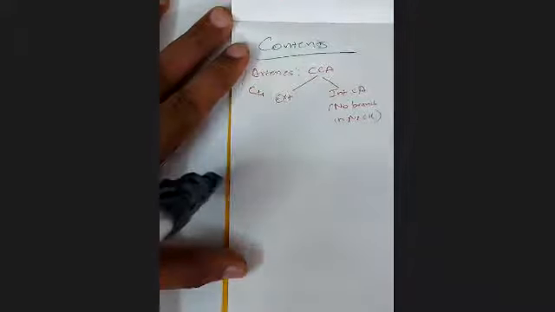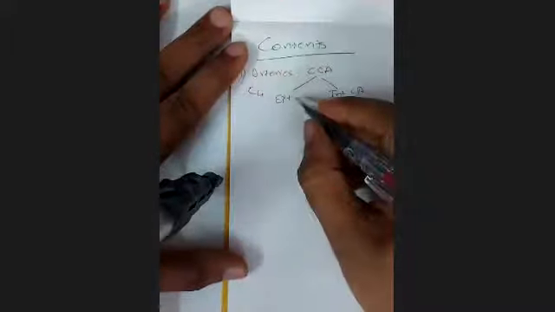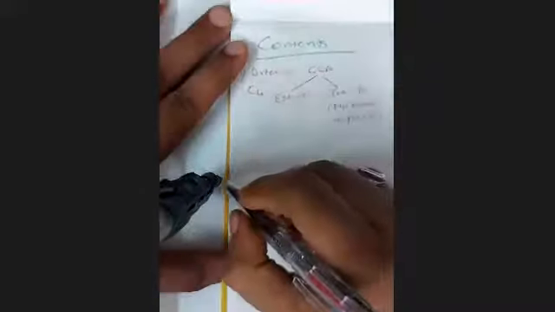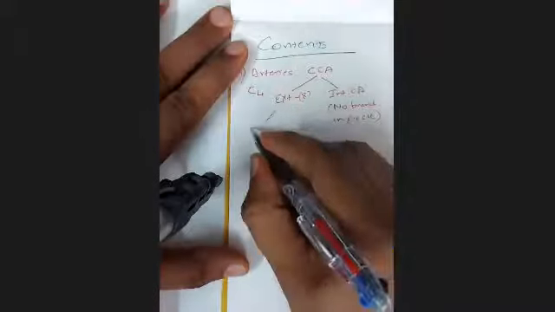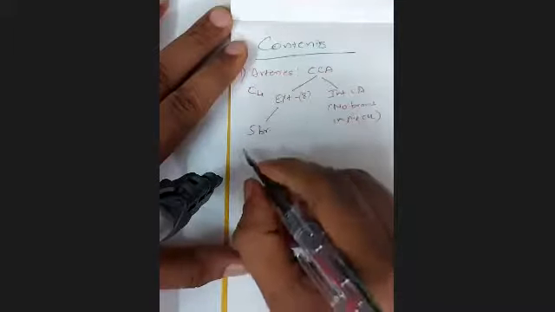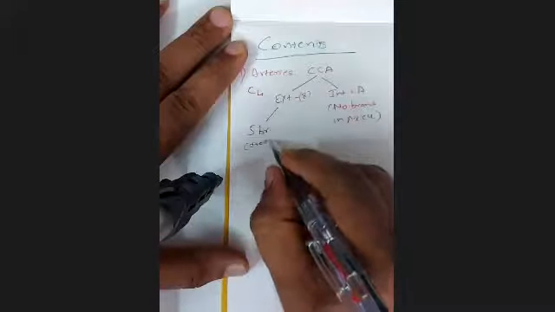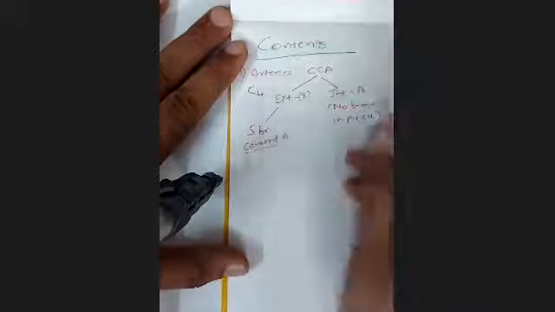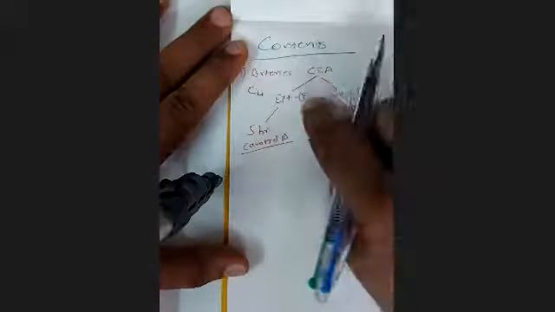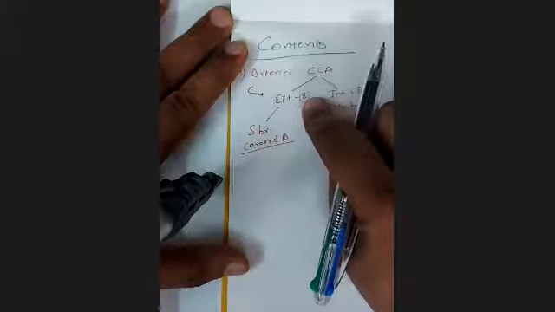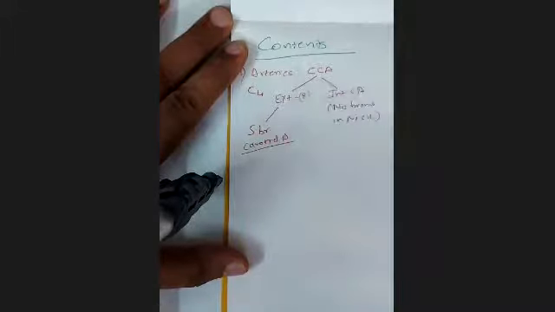External carotid artery gives 8 branches. Of these 8 branches, 5 branches are given in the carotid triangle, and they are important for us. The remaining 3 branches are given in the parotid gland, which we have already studied. Now, how do I remember these 5 branches? Just remember the structures in the neck.